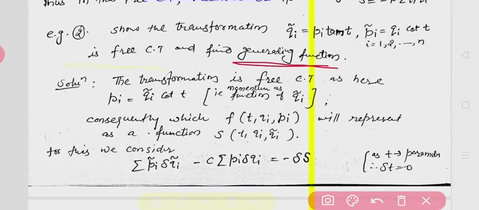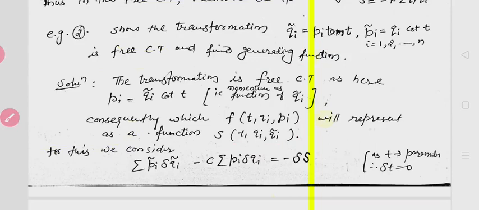Okay. So this transformation is free. Actually you can express this pi in terms of t and qi tilde. And the function f, that can be expressed in the form of a function of t and qi tilde, that is s. So we will express this one in the form of this one, right? Now for this again same thing,